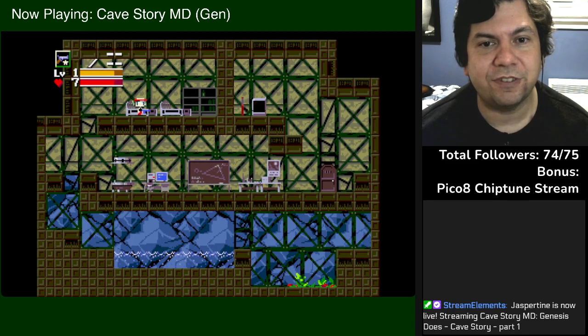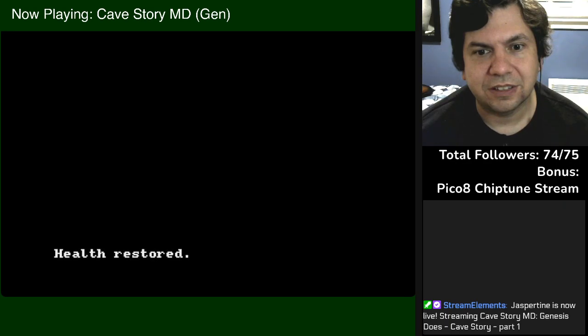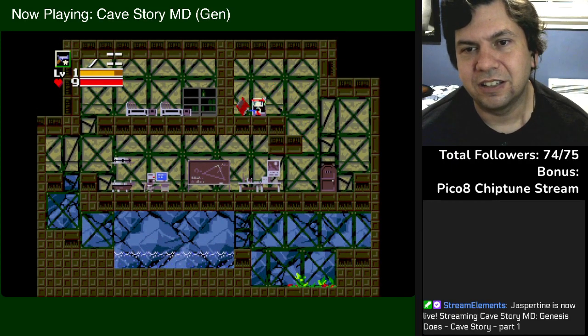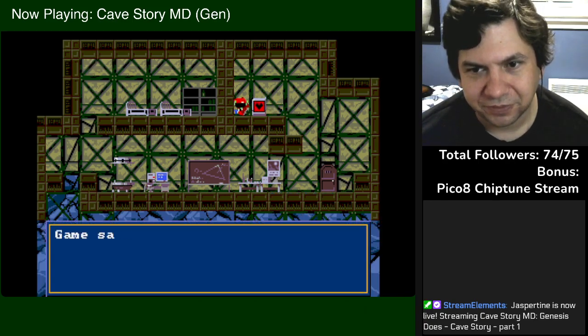And so at any time, if you find a bed, you can rest. It restores your health, but not your ammunition. Whereas if we go over here, health refilled. Yeah, well, we don't have any ammo to refill, but